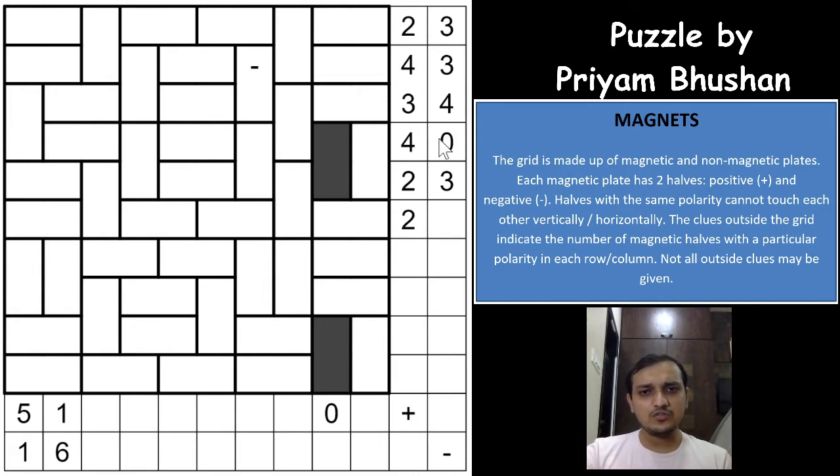So if you see, because of the 0, this region cannot be magnetic, which means that the negative sign is an extra sign here. So you have 7 with the negative symbol and 6 with the positive symbol, which means that this magnet will have to be the negative here and the positive here, right? So the negative is excluded here, so you will have 5 negatives in this column now, which means a total of 6 negatives and 6 positives, which can be placed in the first 2 rows, excluding this one, right? So this way the puzzle will help you.